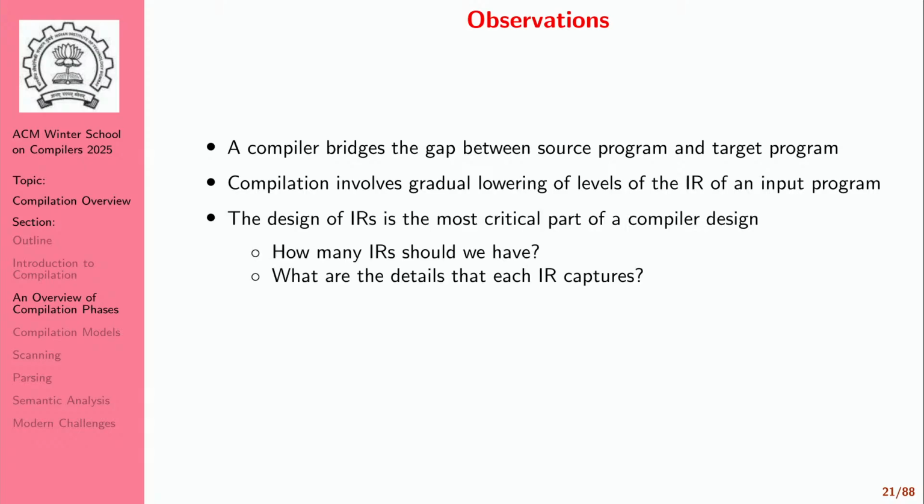The design of IR is the most critical part of compiler design. How many IRs should we have? What are the details that each IR captures? For example, GCC initially did not have three address code. GCC initially started from the AST and directly started generating RTL. That put some limitations. Then GCC designed something called